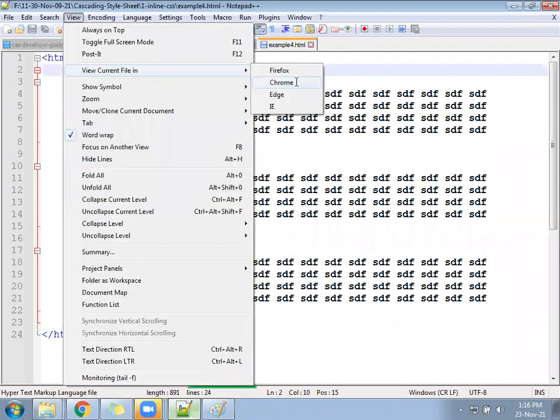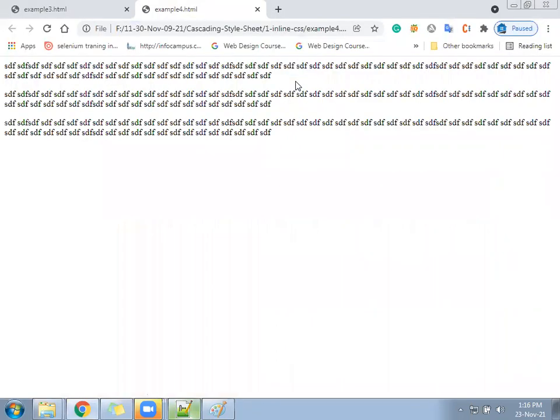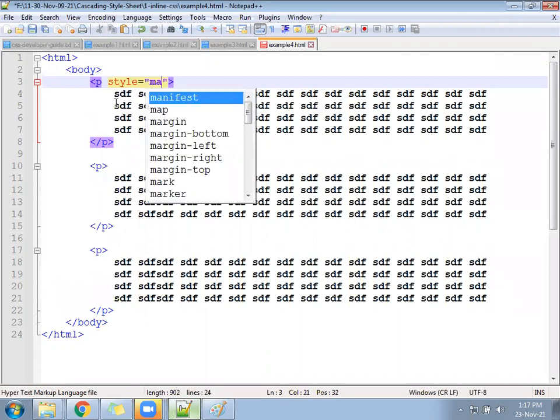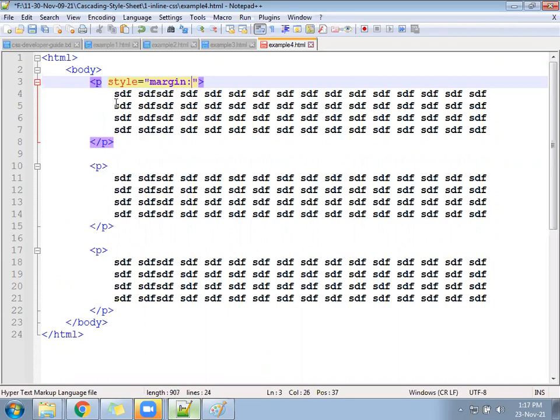If you run the page, they will go one after the other. That is the default nature of the HTML tag. Now we want to control these paragraphs using CSS. So apply a style here. Keep margin also, somewhere 20-30 pixels, and background also, maybe red color.